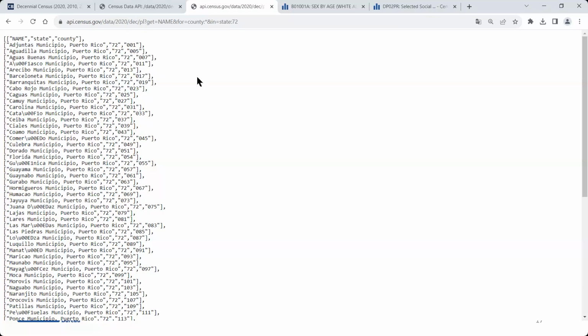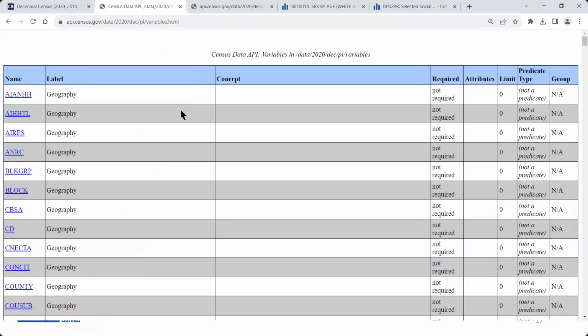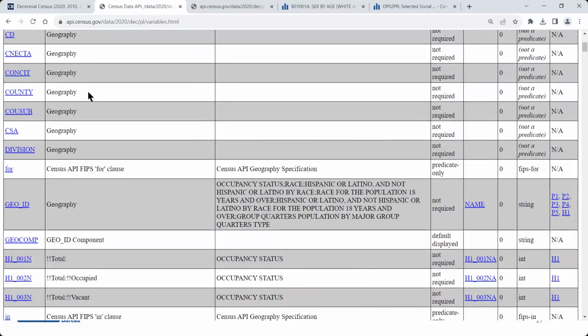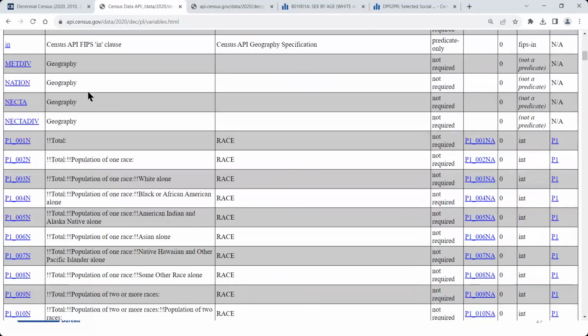So we have to pull a variable and tell the API which variable we're looking for. So to do that, I'm going to go to my other tab that I opened earlier, that variables list. And as I scroll through this, it has the variable name and the variable label here. It's going to be alphabetized by name. So I'm going to start scrolling down until I see some variables that perhaps look a bit relevant to me. And as I scroll down, I start seeing these P1 variables here that are giving me some populations. So this P1_001N is actually going to give me a total population variable that I'm looking for.